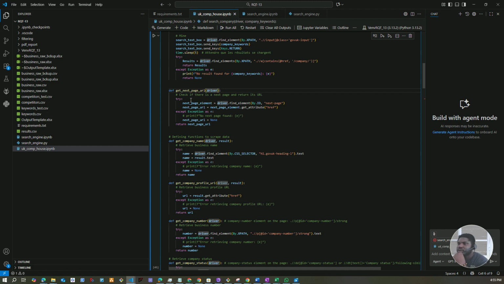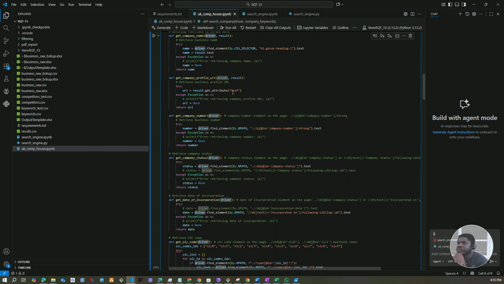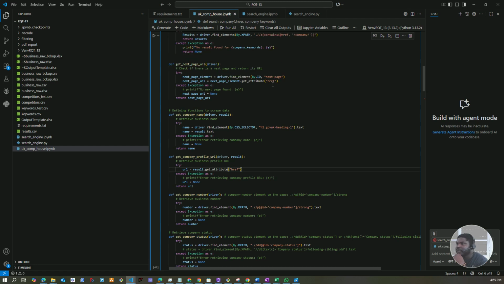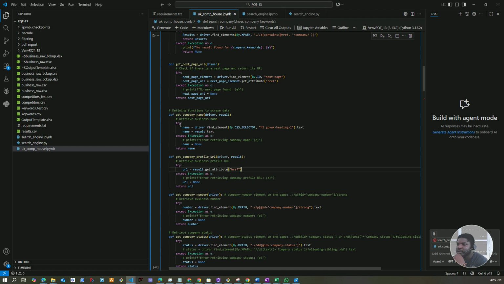No, sorry, not this one. Get company profile URL. So we just apply get attribute href to each element that we retrieve, and then get the company name. This one as well is applied to find element by CSS selector. So if I copy and paste this,